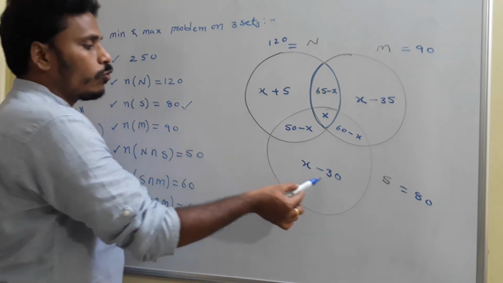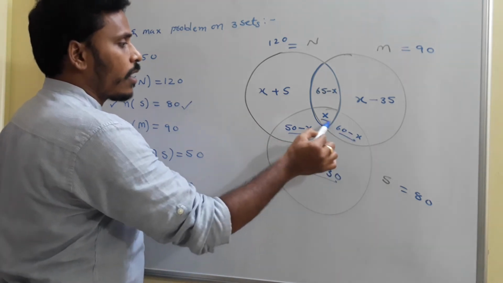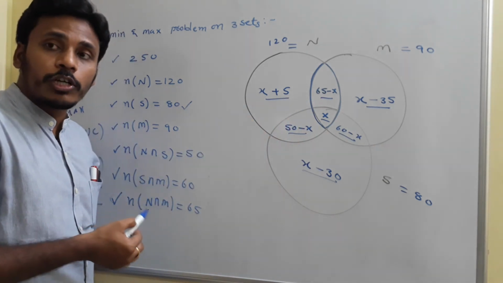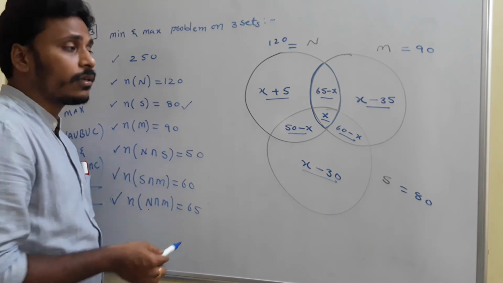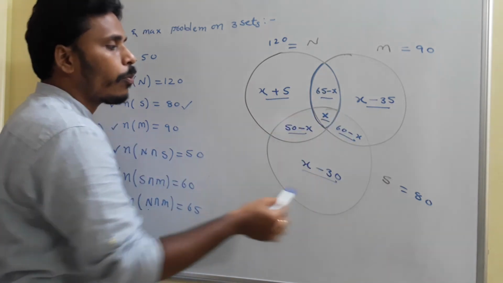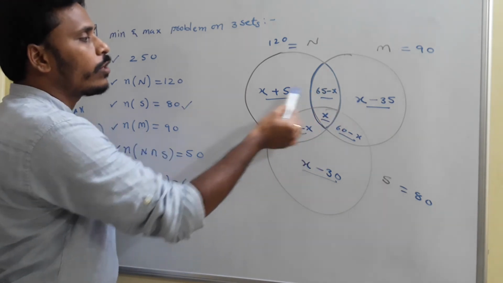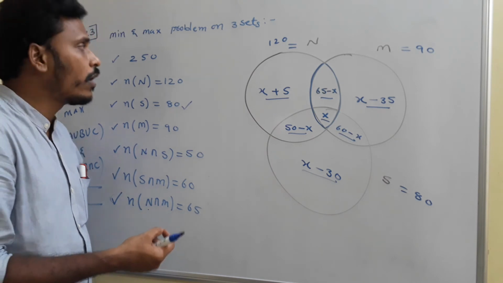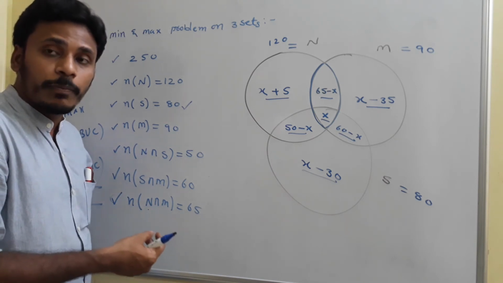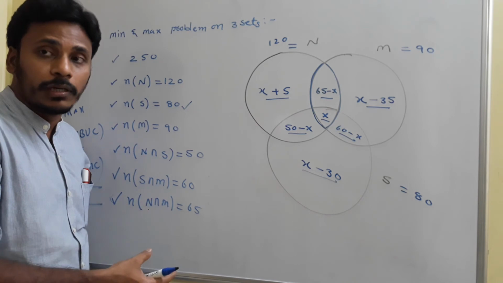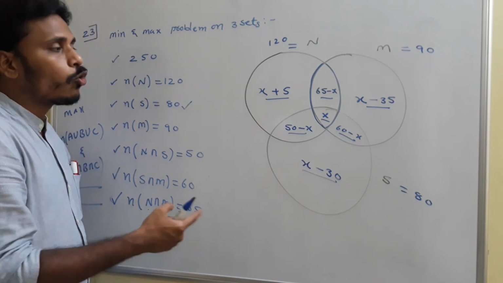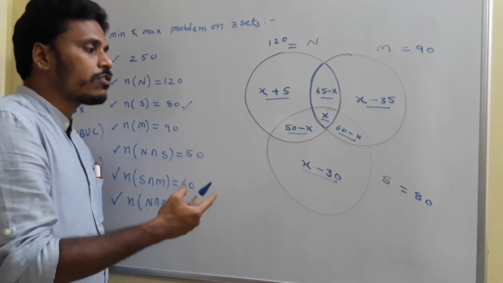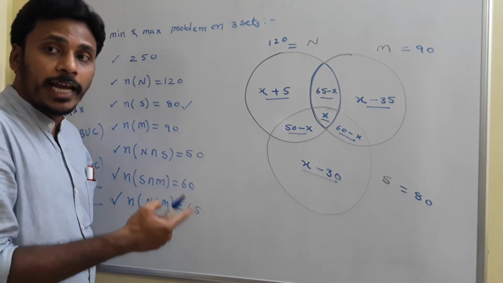See, I don't know x actually. I am going to search for the possible values of x. Since I am searching for the possible values of x, the x value must make all these numbers positive. We can't get a negative value in any place, because every number indicates the number of students, a counting number, so it can't be negative. To make it positive, everything should be positive. Based on that idea, we need to choose the minimum possible value as well as the maximum possible value.